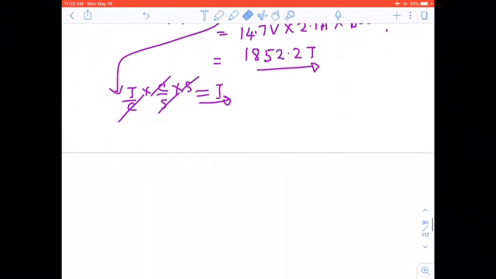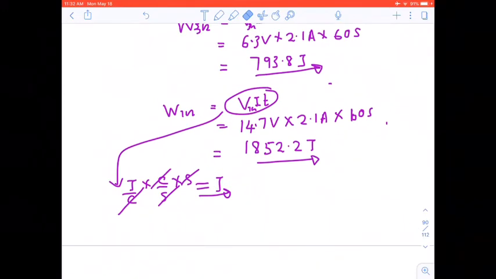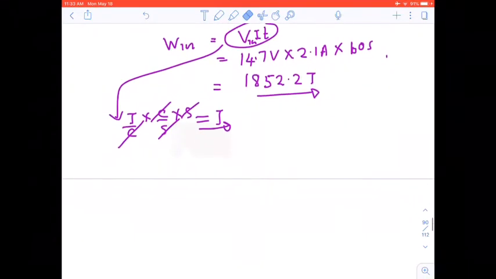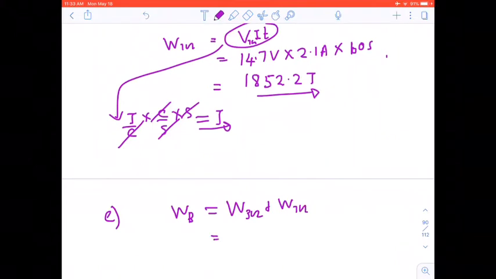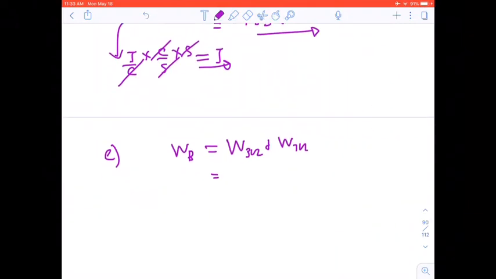So surely the work that is done in respect of the resistors will then be equal to, say E. So the work done by the battery is equal to the work done in the 3 ohm resistor plus the work done in the 7 ohm resistor, which means we have 793.8 joules